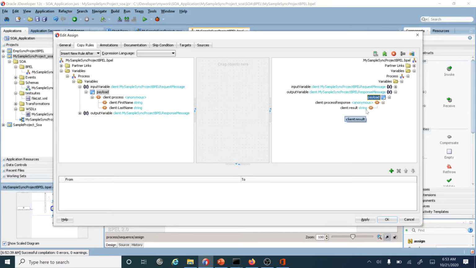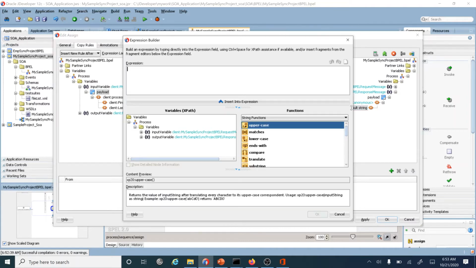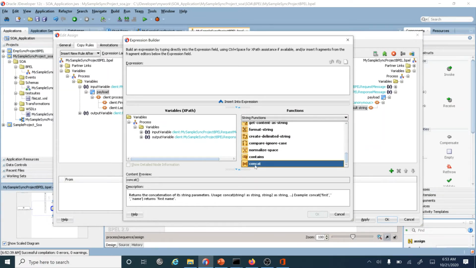What we are going to do is concatenate the first name and the last name. For that, drag and click here, and here we have a string function. There will be concat. Under this concat, click inside into expression.